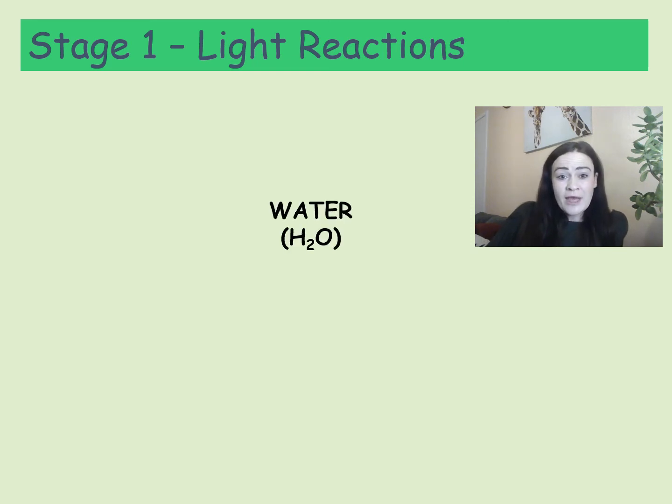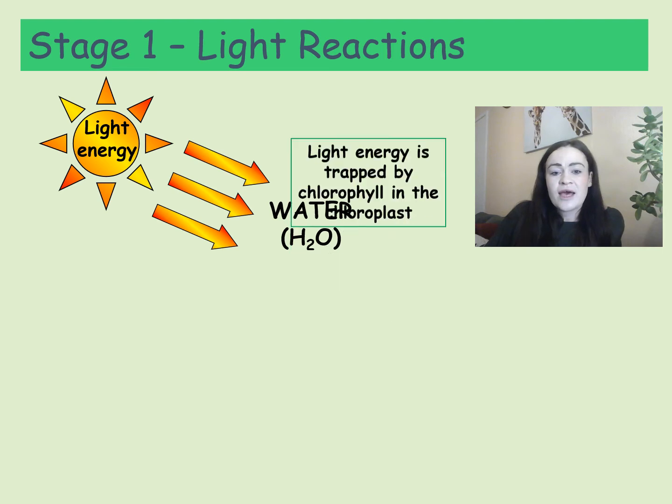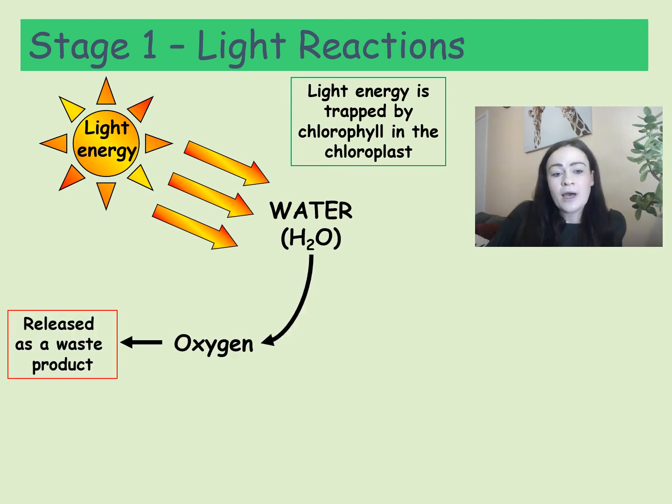Now, the light reaction starts off with water. That's entered the plant through the roots and has made it into the plant cell to the chloroplast. So we've got our water molecule, and it says there it's made of 2 hydrogens and 1 oxygen. Now the light energy is absorbed in the chloroplast by a pigment called chlorophyll. Now chlorophyll is important and we'll talk about that later. So the light energy trapped by chlorophyll in the chloroplast is used to split up our water into oxygen and